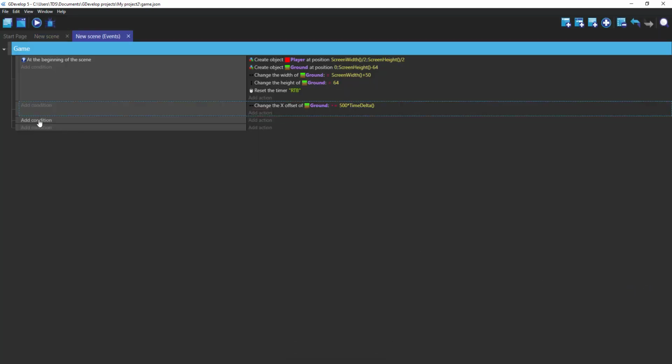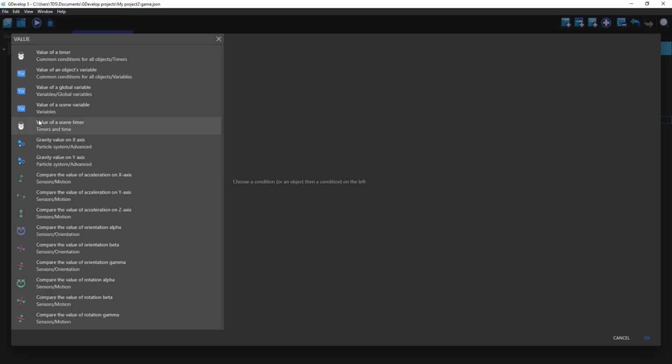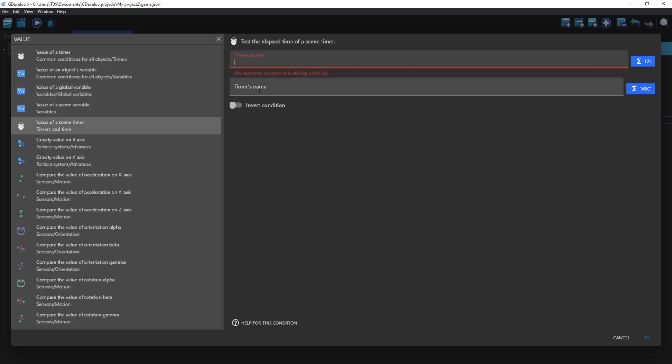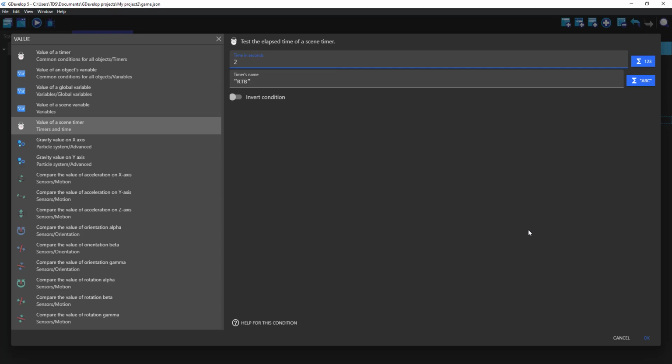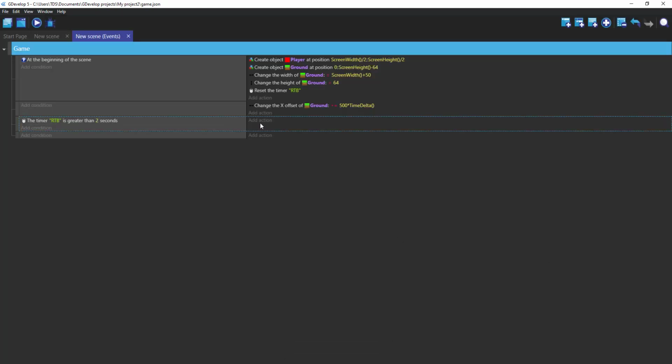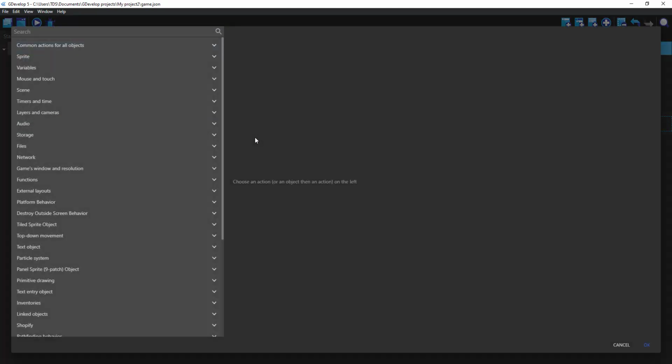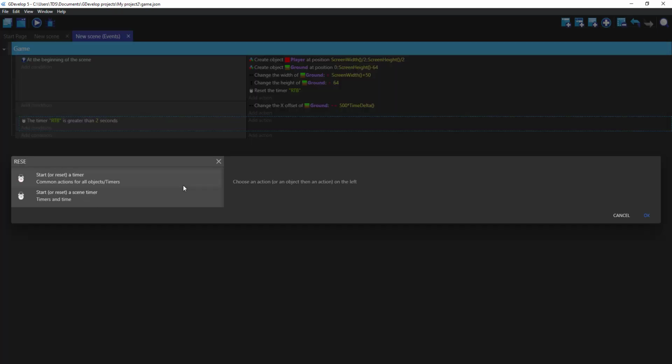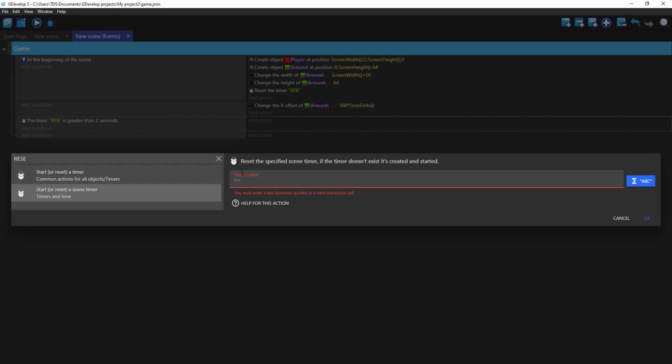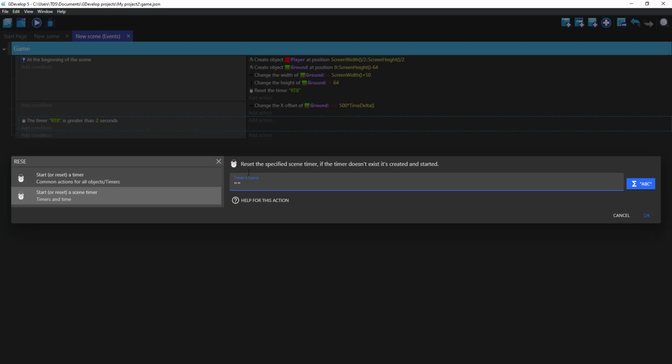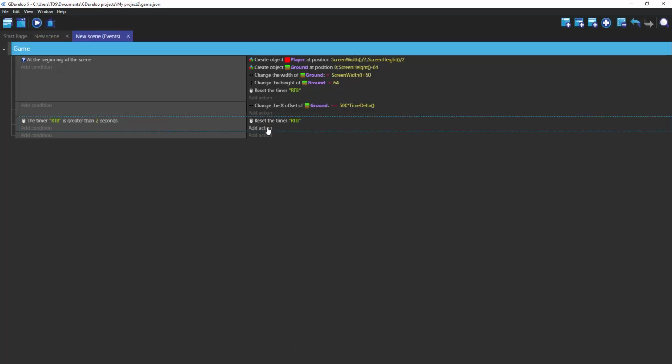Okay, now value of the scene timer time in seconds too. Okay, now add an action, reset the timer first of all. Okay, now